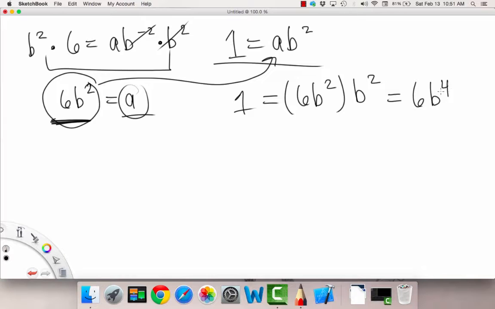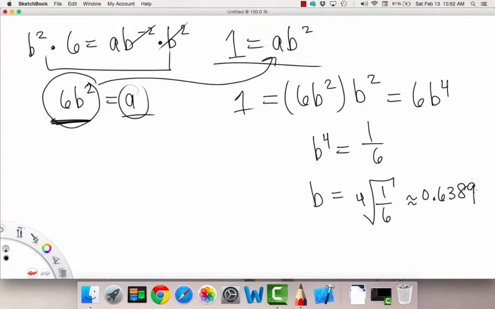So then this is 6b to the 4th. If we divide by 6 on both sides, we get b to the 4th is equal to 1 over 6. And then we take the 4th root, which is kind of strange, but if you have a calculator, it's not that big of a deal, right? So then we have this, which when you plug it into your calculator, we get something about